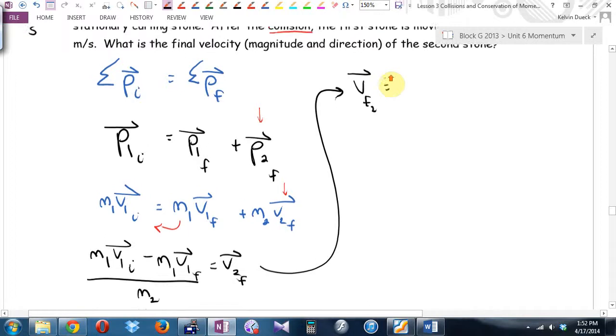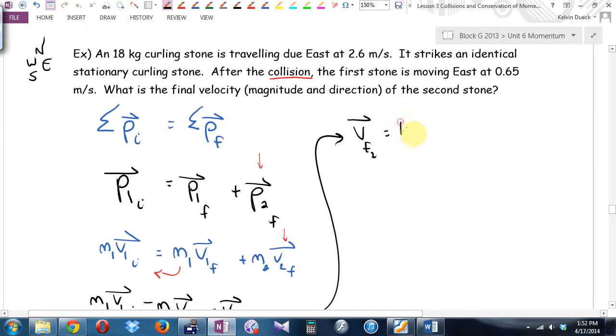Oh, I got to scroll up. 18, v initial, 2.6 minus 18, v final, 0.65, all over mass 2. Do you see how there's an 18 and everything? I could have canceled it, but